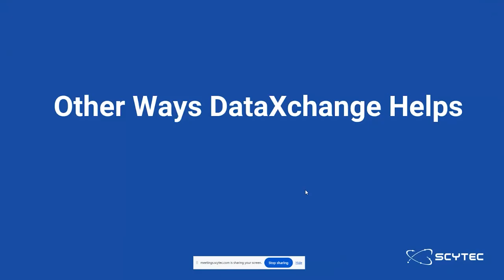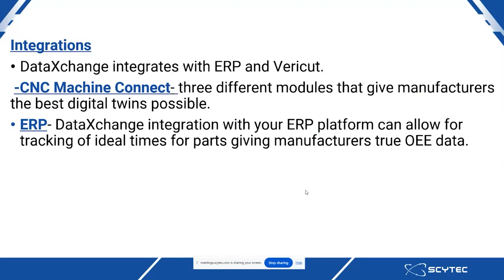So I'd also like to discuss here real quick other ways that data exchange helps. We also offer very appealing industry integrations via ERP as well as Vericut. So for those of you that utilize digital twins, we offer CNC Machine Connect for Vericut, which is 3 different modules that promise to give manufacturers the best digital twins possible. There's a whole lot to go into that, but if you go to our YouTube page as well as our website,